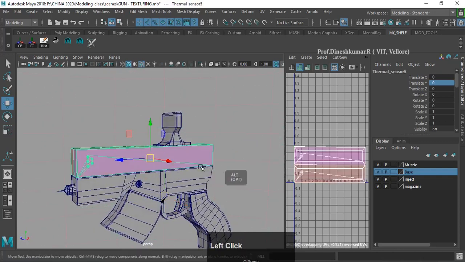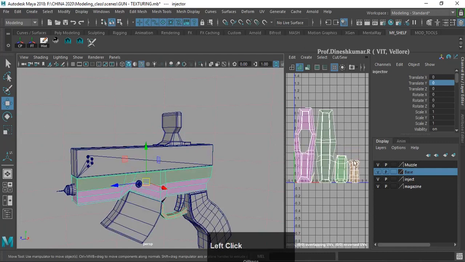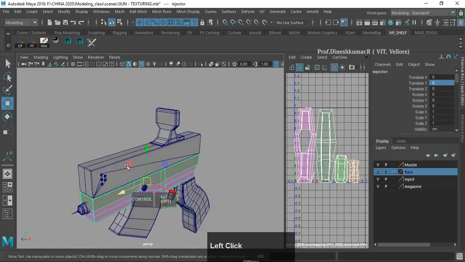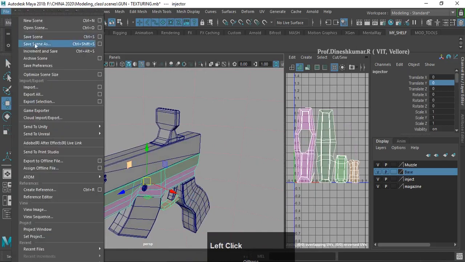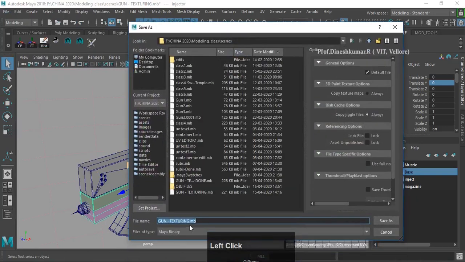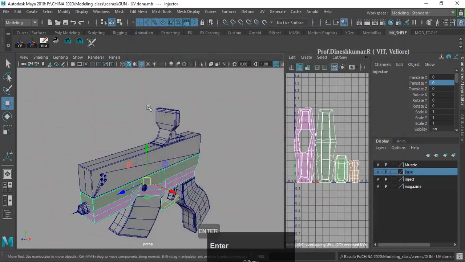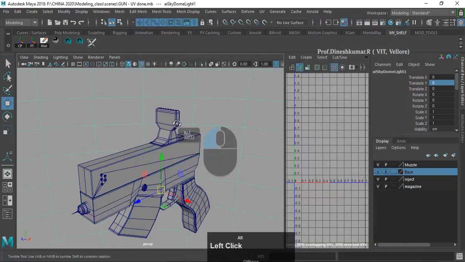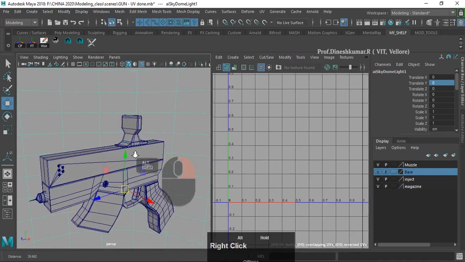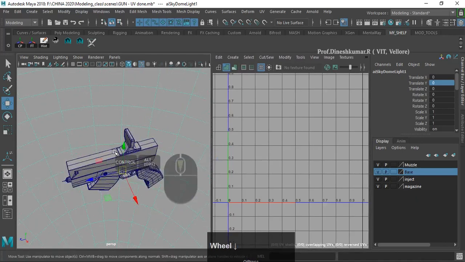Now look at this. This is a gun. We have already done the UV. So you have done the UVs here, here, here, here. UVs are all done here, and I would like to name this as texturing, and I save this as my gun texturing. It's like gun UV done. Okay, and this time, if you remember, let me tell you a few more things in Maya. For example,